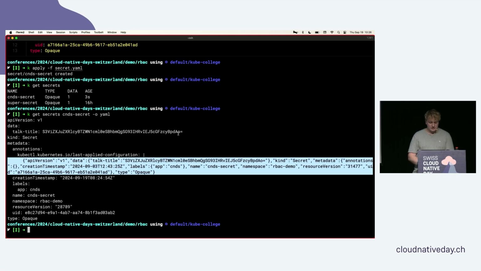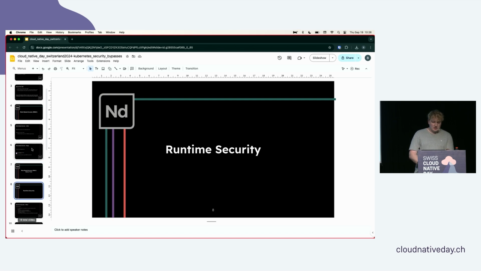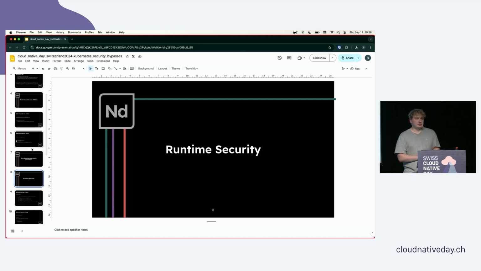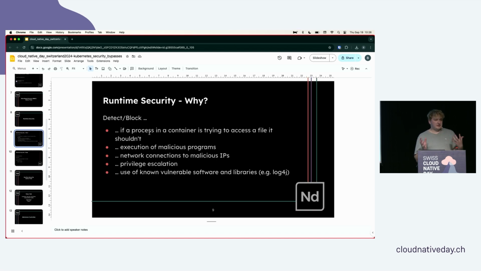Okay, that's for the role-based access demo. Then let's have a look at runtime security. Most of you may know what runtime security is, or hopefully use it. And let me specify for those of you who don't know what it is. With runtime security, we can detect or block, for example, if a process in a container is trying to access a file it really shouldn't access,